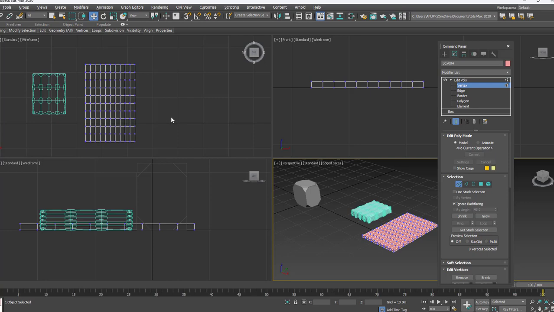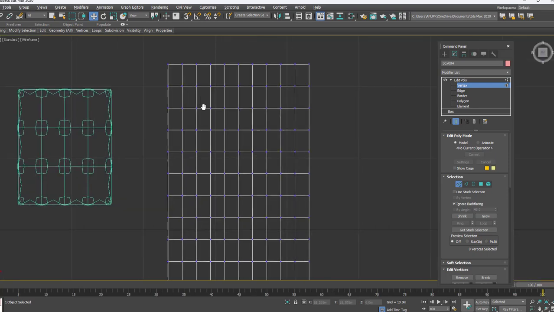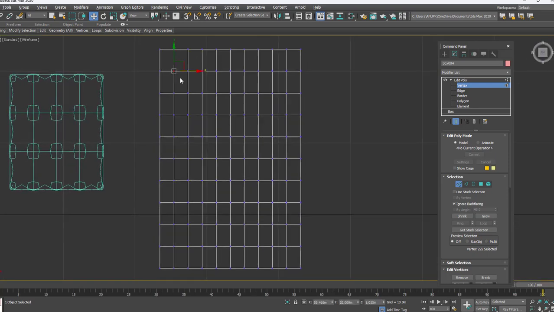I want to select the alternative vertices. For that, click this one. Make sure you have the ignore back facing. If you want, then you can go ahead with the back facing also, depending on the creativity. Going to select the alternative vertices.